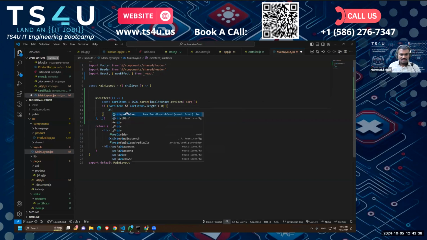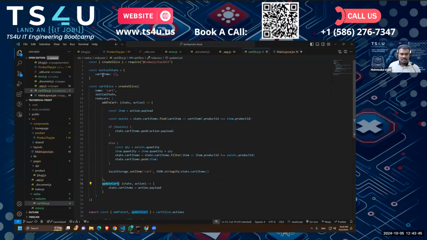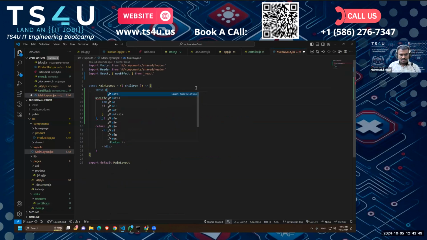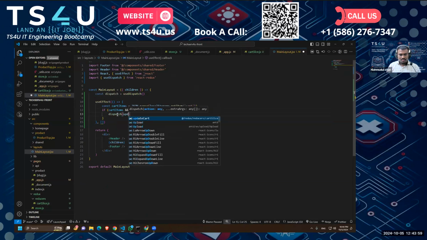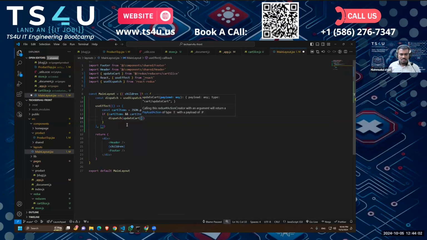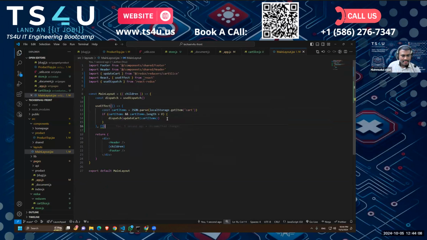Then we can dispatch that action that we created in our cart slice that will update the whole cart items array. So I'll take the dispatch, useDispatch from React Redux, and then I'll say dispatch updateCart items. Okay,